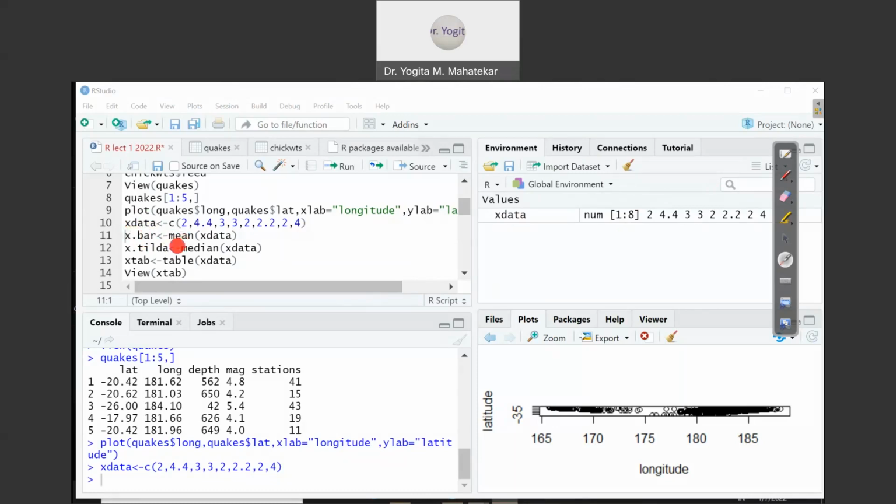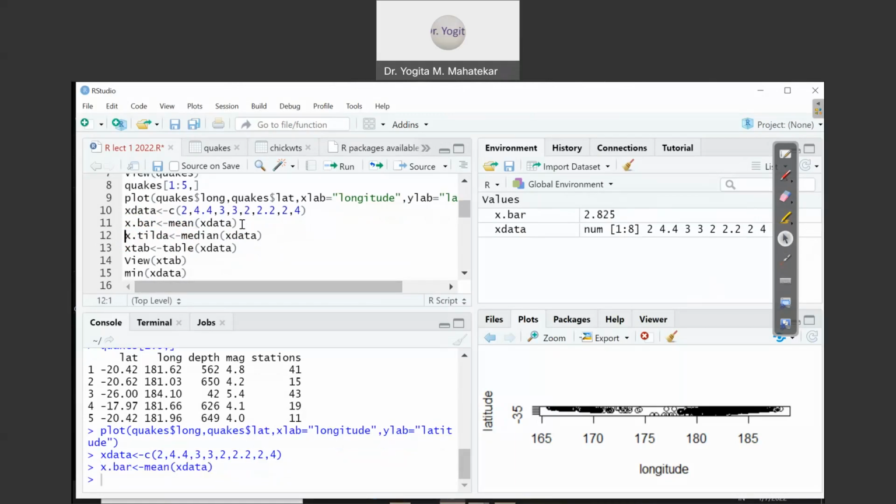So I will say mean of x data, and I will name it as x dot bar. Why have I given the name x dot bar? Because the mean or average is denoted by x bar in statistics. So that's the only reason. You can give any other name that you want. Now let's compile the command on line number 11. Let's say Control plus Enter.